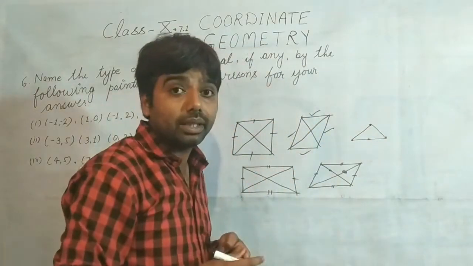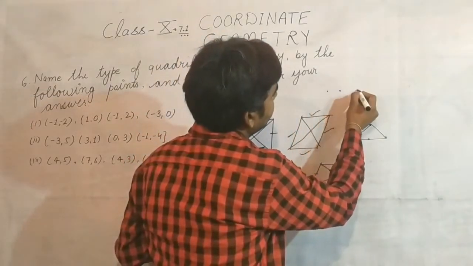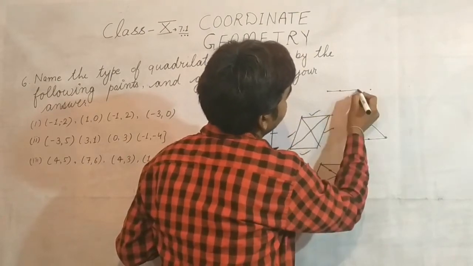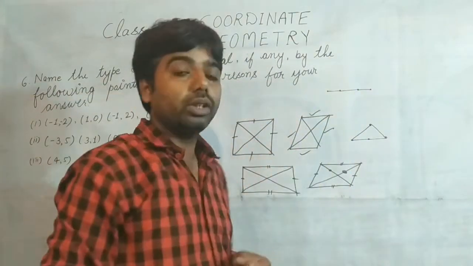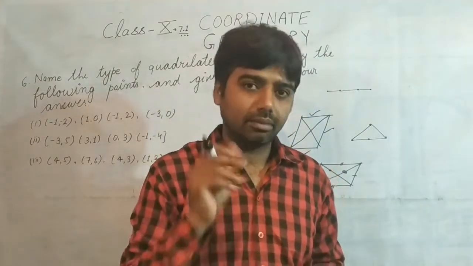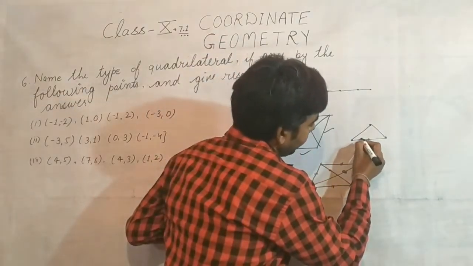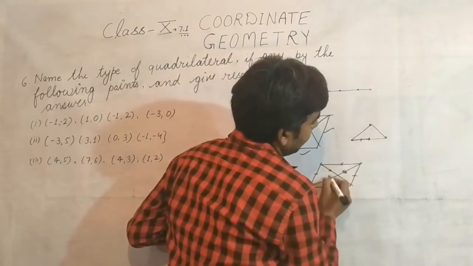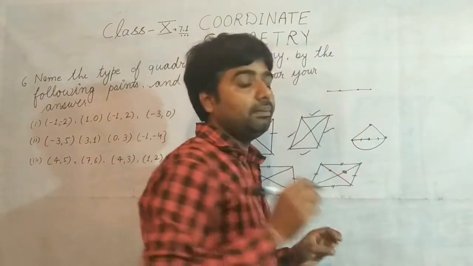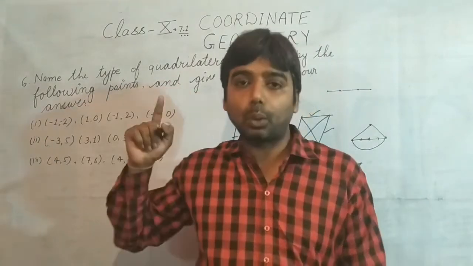this is not making a square. One more example, 1 point, 2 point, 3 point and 4 point. I am joining the points, line 1, line 2 and line 3. This is also not a square. How will we distinguish this condition? Let me tell you. If two lines added together give the third line, it means it does not exist as a type of quadrilateral we require in this question.